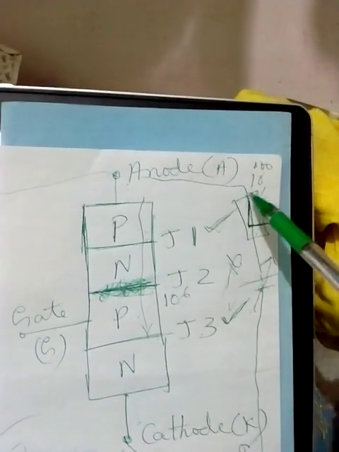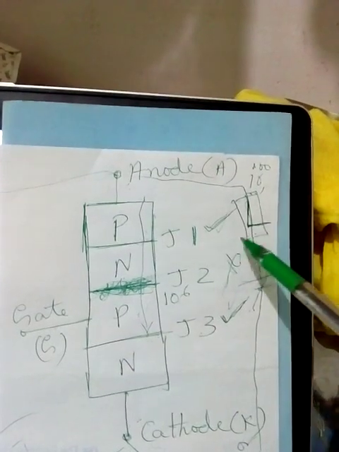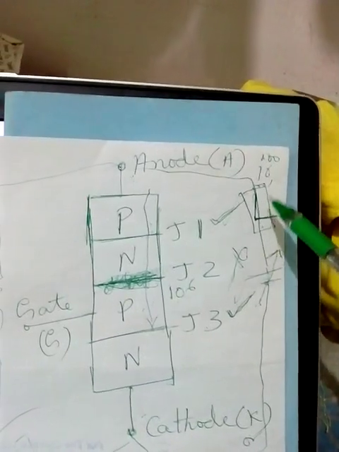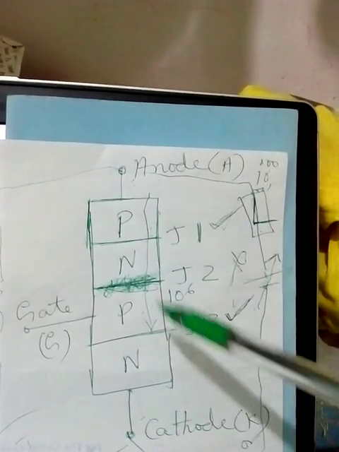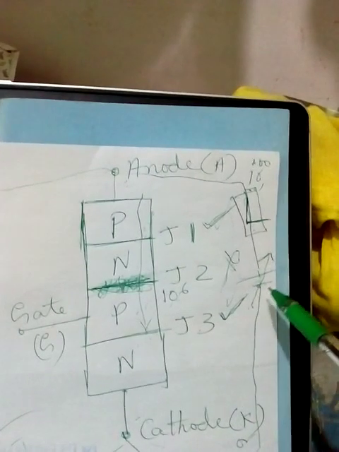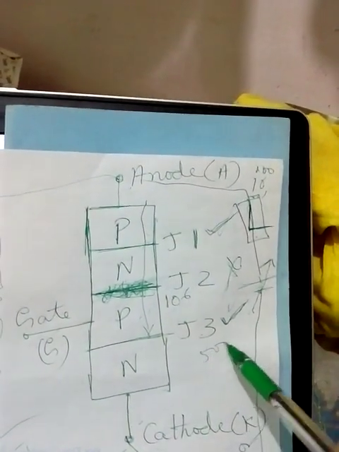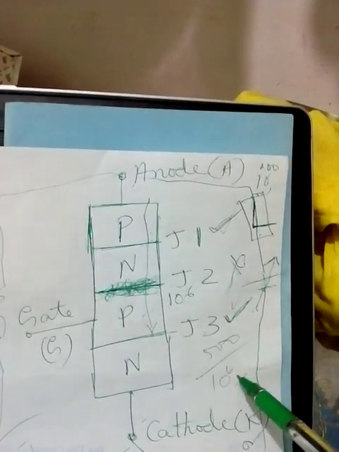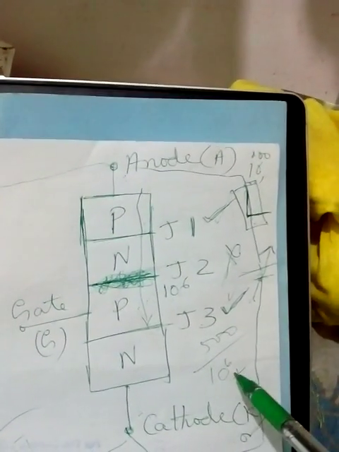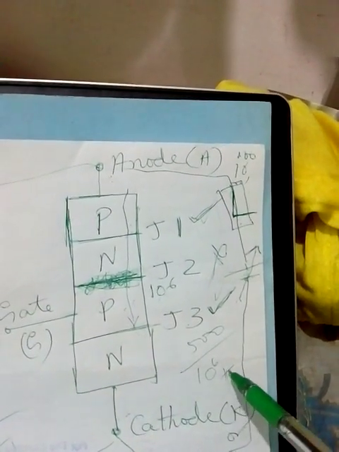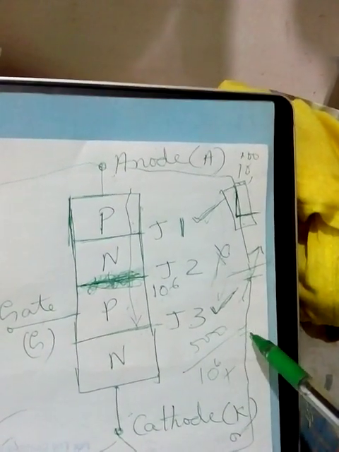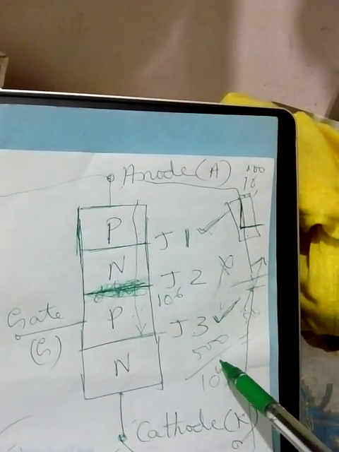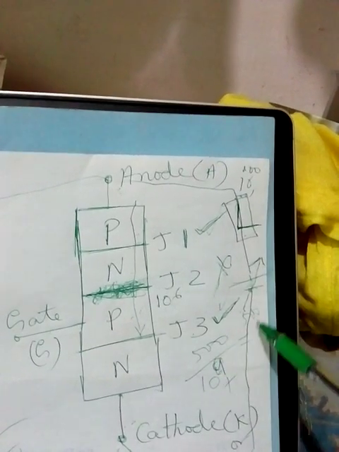During off state, there will be some drop here. You can calculate how much. V is equal to IR. The leakage current will be in nanoamperes. Why? Because say this is 500 volts and this is 10 to the power of 6, plus say some 100 ohms. It is negligible when compared to 10 to the power of 6. If this is in giga ohms, this will be in nanoamperes.